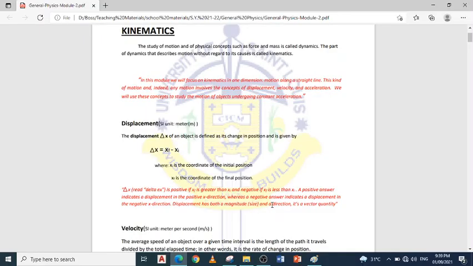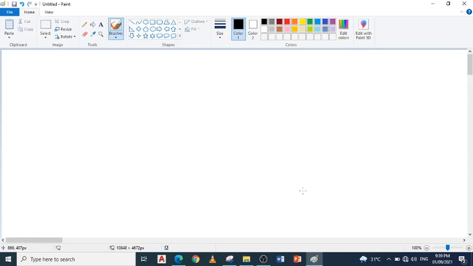Hello guys. So I will be discussing kinematics. First is the horizontally accelerated motion. So under kinematics, when we say horizontally accelerated motion,